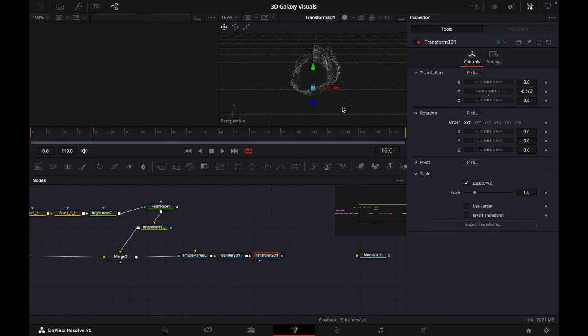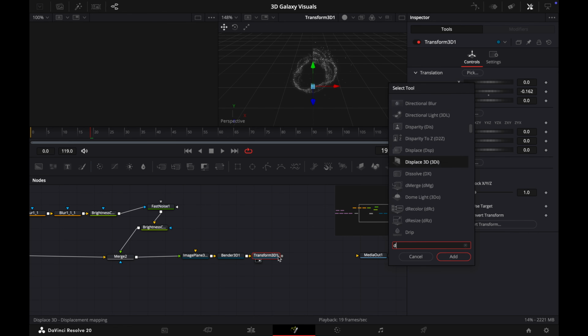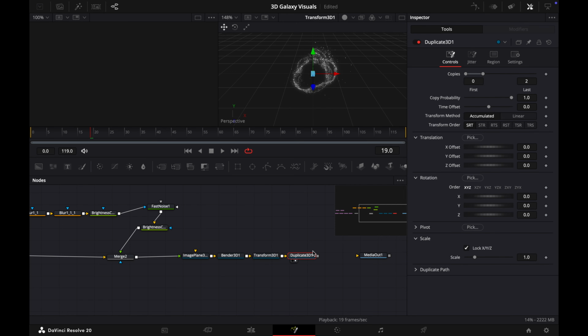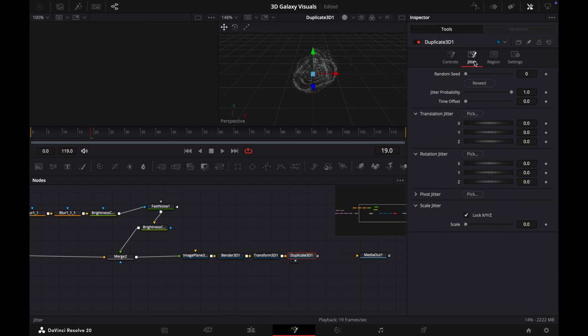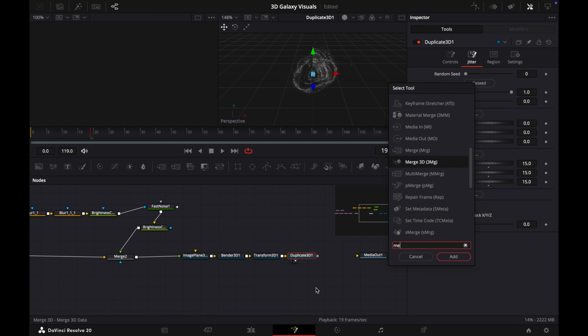Now we have to add a duplicate 3D node and set the copies to 6, and decrease the scale value to around 0.631, and in the jitter set the rotation jitter XYZ to around 15. Now after it, add a merge 3D